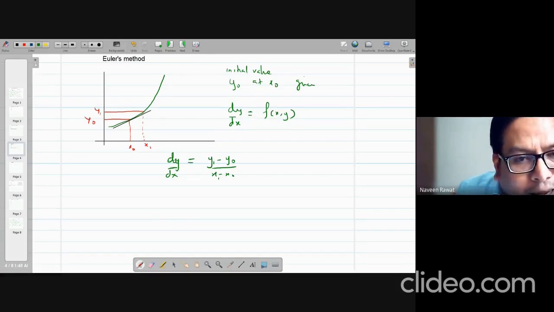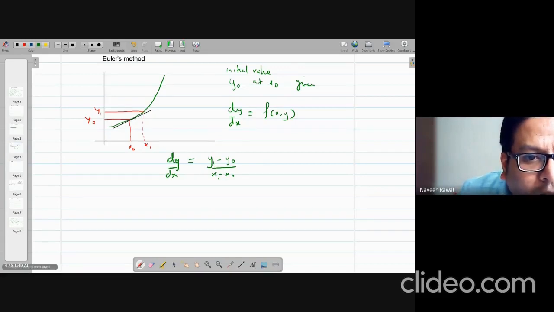That error is basically controlled by the step size that you are moving your tangential line along. If I choose a smaller step size, let's say half of this step size, it would be somewhere here, and there is less error between my tangent line and the actual value of the function.